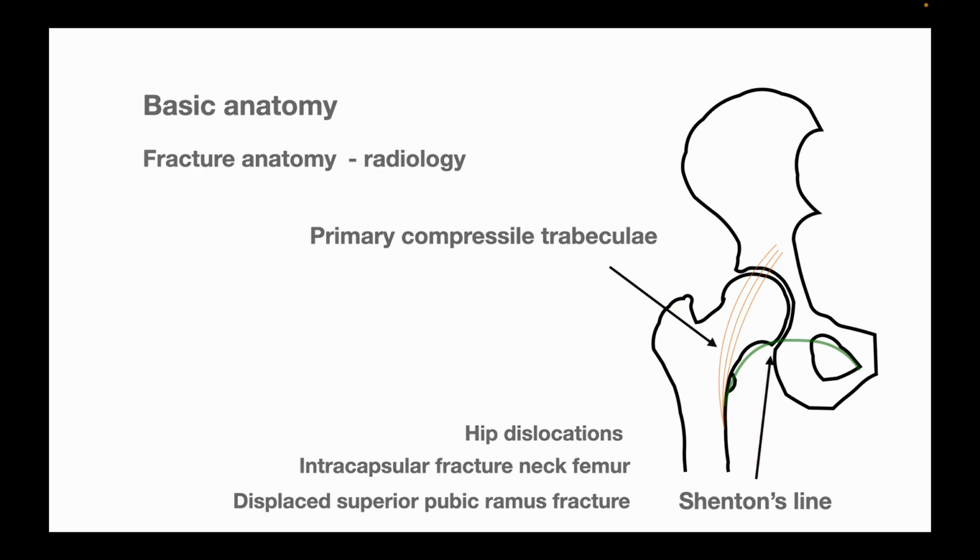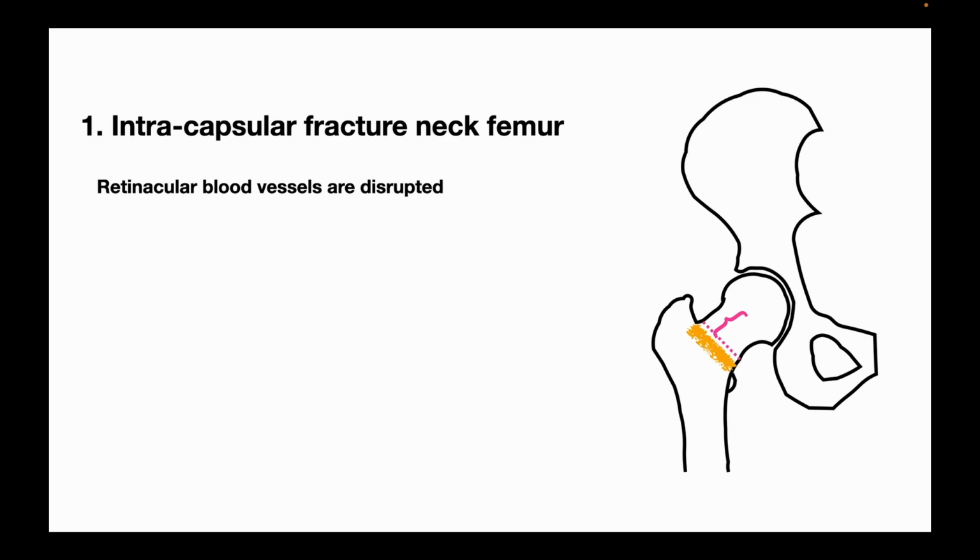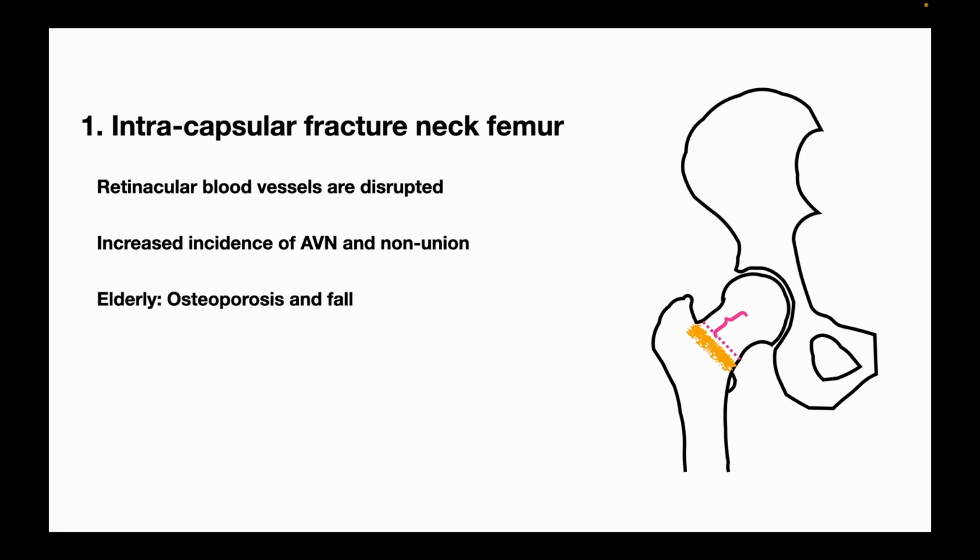Now coming to the specific types of fractures. In an intracapsular fracture neck femur, the fracture line is between the head-neck junction and the attachment of the capsule. Here the retinacular blood vessels, which are the main vascular supply to the femoral head, are disrupted. This poses a significant risk of avascular necrosis and non-union. In the elderly, osteoporosis and fall are the common causes, and in the younger population it's usually due to a high velocity